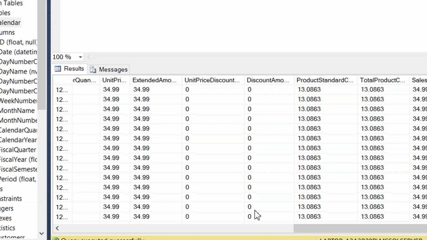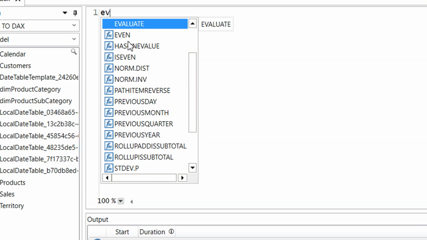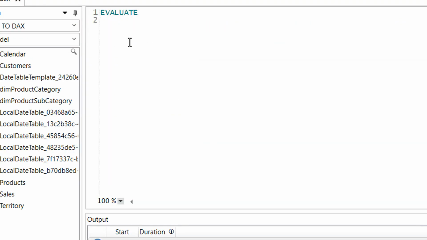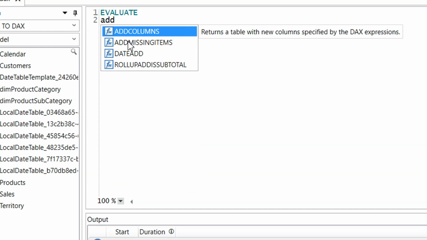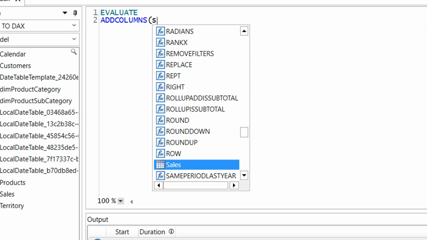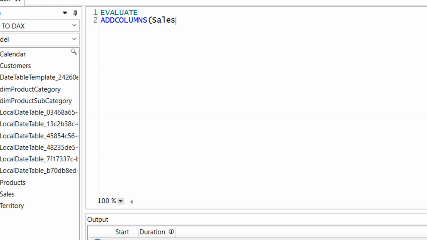So let's move to DAX Studio. Now we need to write EVALUATE, and we have to use one function, ADDCOLUMNS. The table name is sales. We need everything from the sales table, all the columns, and then we need the left outer join. And for which field do we need it? The first one is the year,